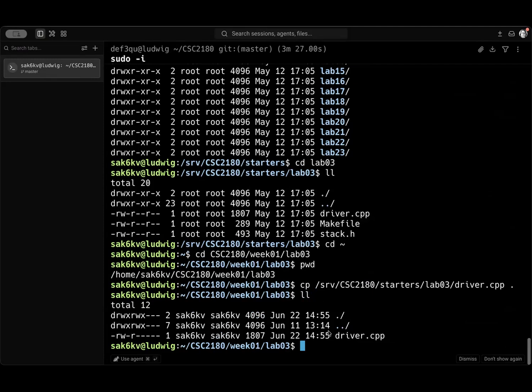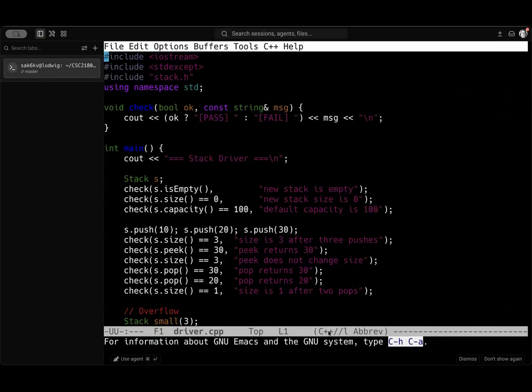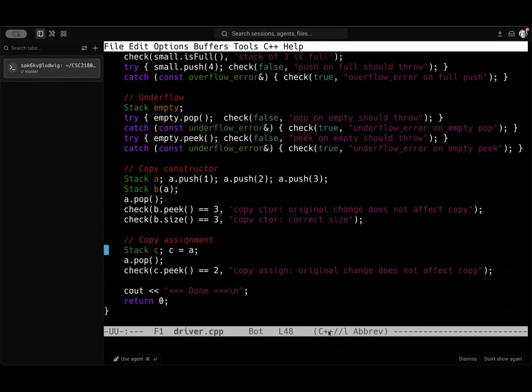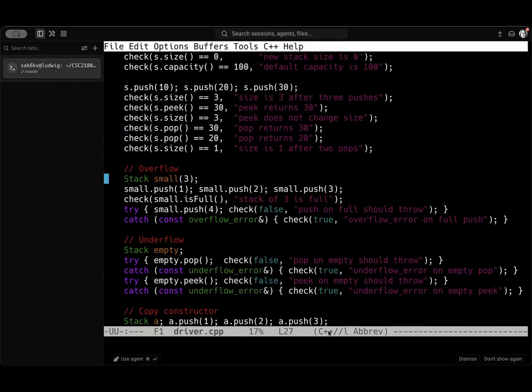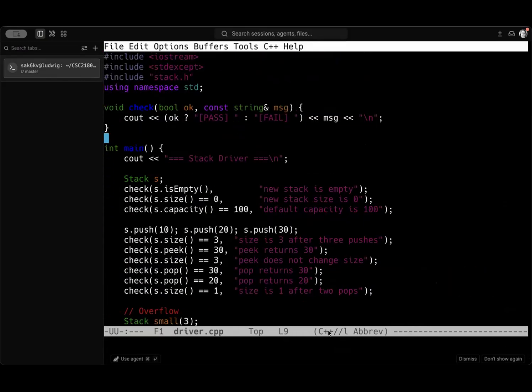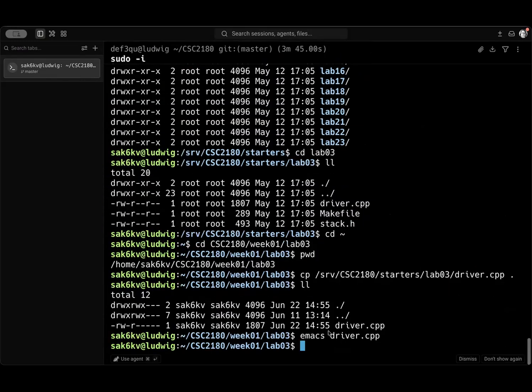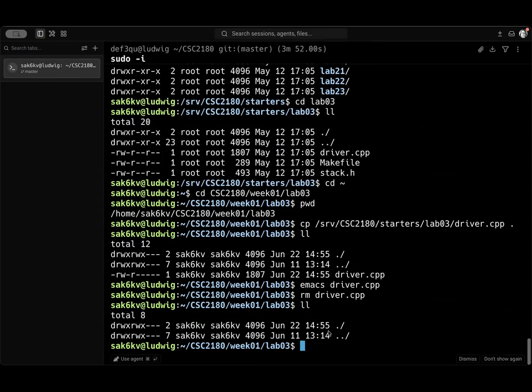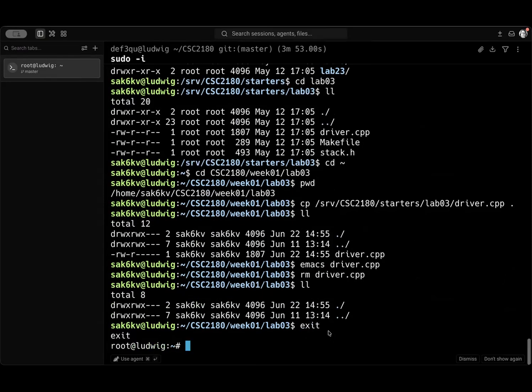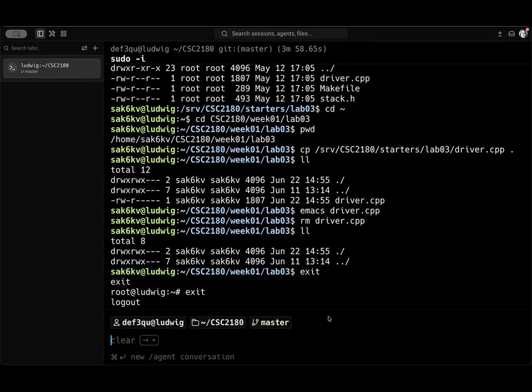So you'll do that, and then you can Emacs on that. Okay, and that's a bunch of code. This is the driver program, so there's probably not much you would do there. This is going to test your program. Okay, so not to confuse her later, I'm going to go ahead and remove this program. Okay, we're back to clear. Okay. So that's the basic idea of things.